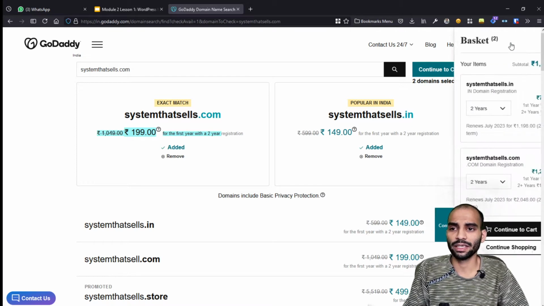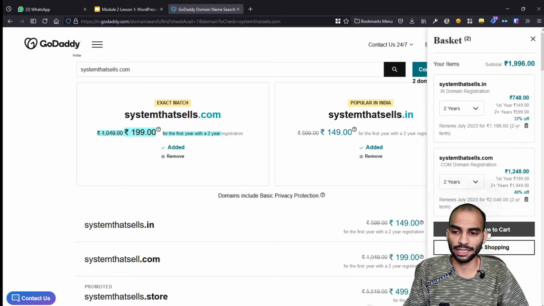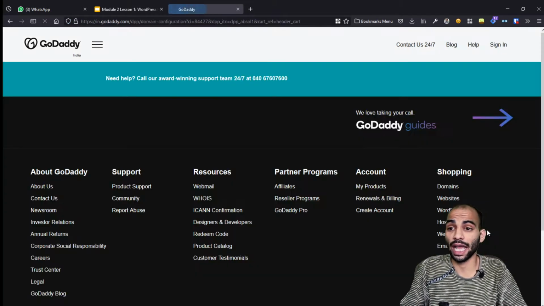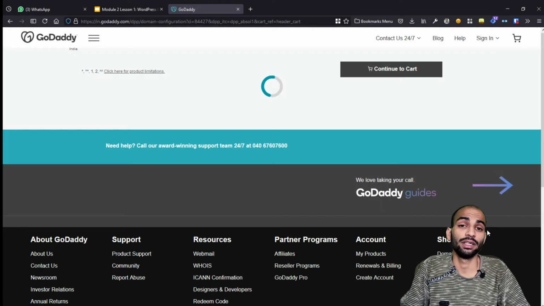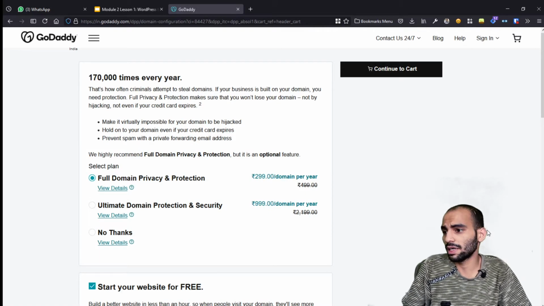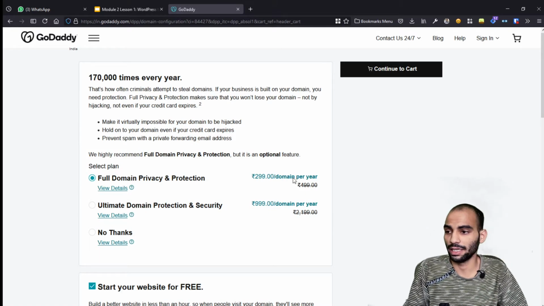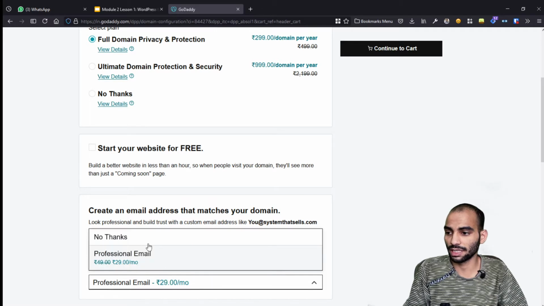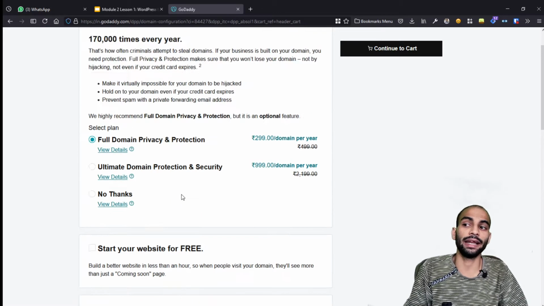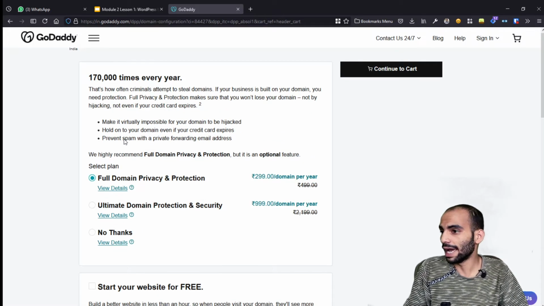So now I can go to the cart. I can click on continue to the cart, and here they will probably ask me to create an account. Now if you already have an account, you do not have to do this again. But if you don't have one, you have to create a new account. So here make sure you uncheck all of these things, because they are trying to upsell you other stuff. And you can turn this one on, because it's really good for